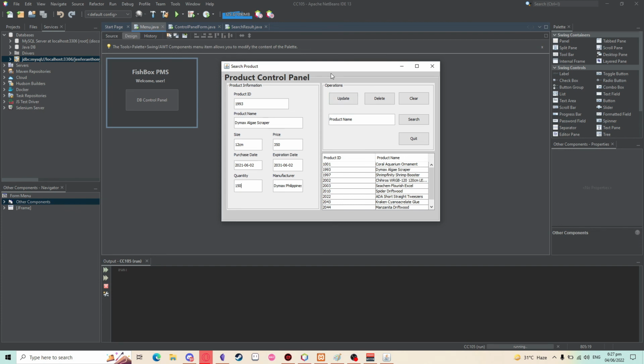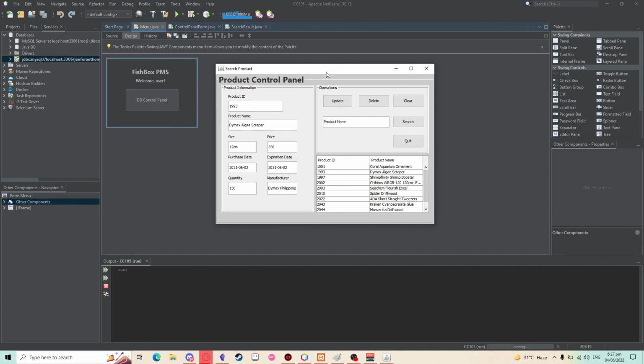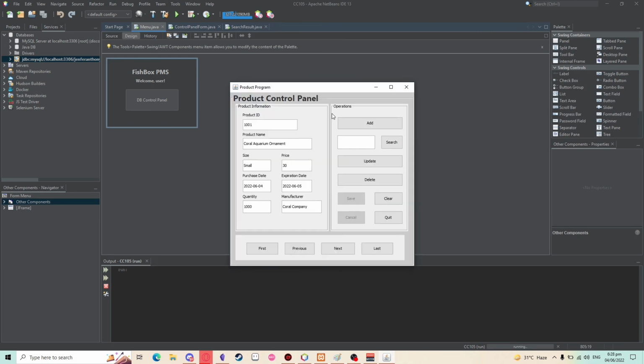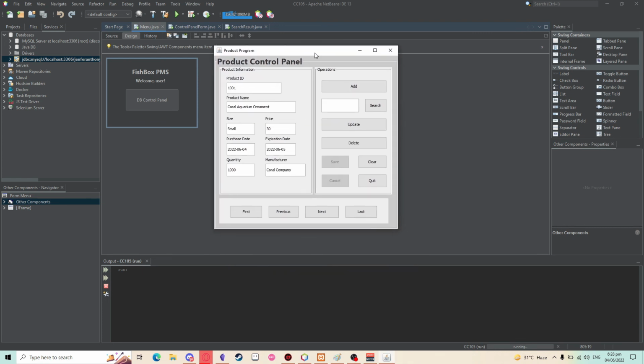In the search result form, we can also do some operations, except for adding new records in this form. We have update, delete, and clear. So we may delete this, we may update it, we may also clear it for some reason, or we can also do another search. Also, if you don't have anything else to do in this form, for example, you want to add a new record, you just click quit, yes, and we come back to the product